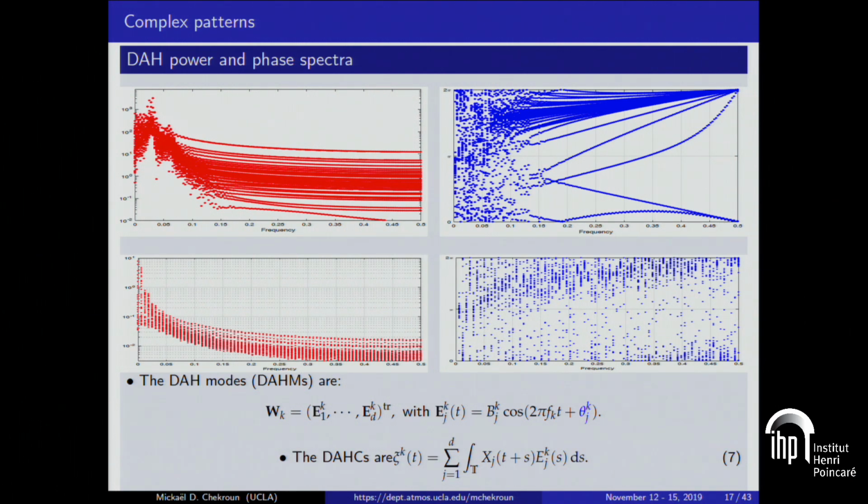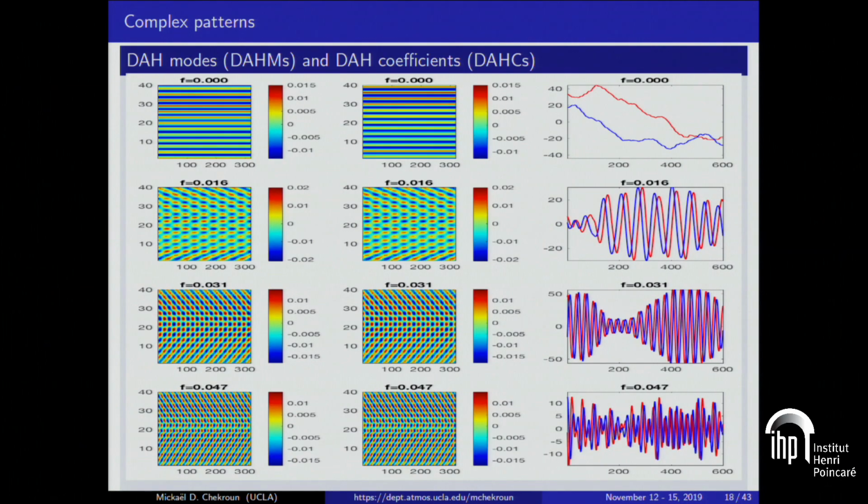Now, remember the DAMs and the DACs. So here are the DAMs. My modes are organized per frequencies associated to each pair of eigenvalues. I have pairs of modes. They are organized by frequencies. And these are the DACs, meaning the projection of my data set onto these modes. So the modes come in pairs, and then you have these guys that come in pairs, and you see right away